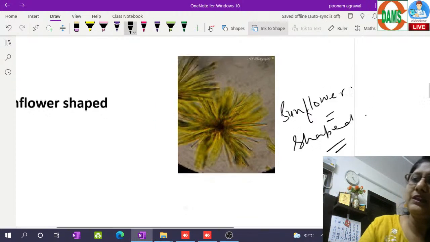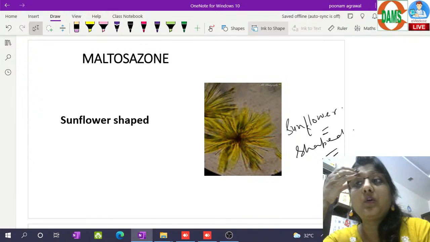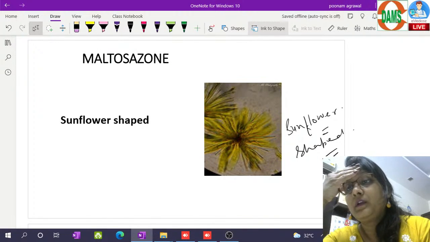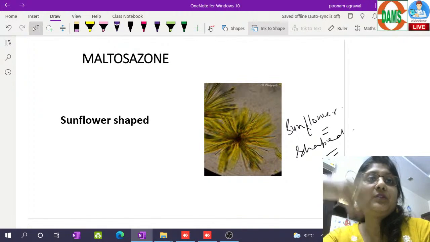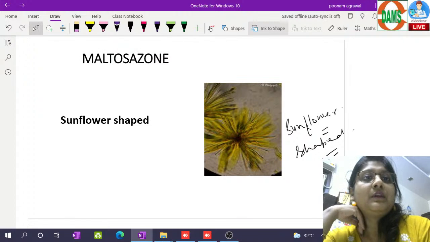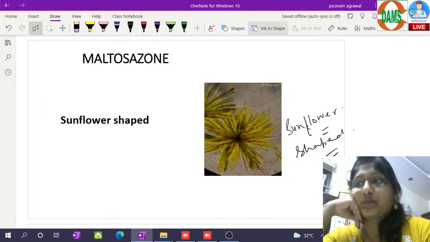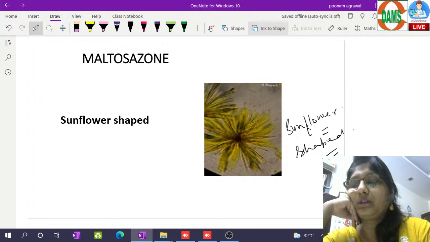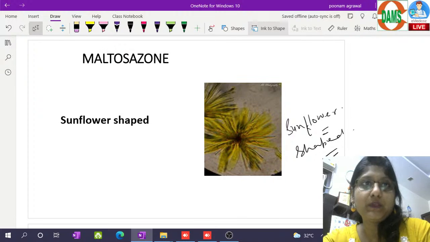So what I mean to say is that though it's an obsolete practice, in MCQs, in this kind of exam, these kind of questions are not yet obsolete. So they have their own practical significance, because once we make osazone,